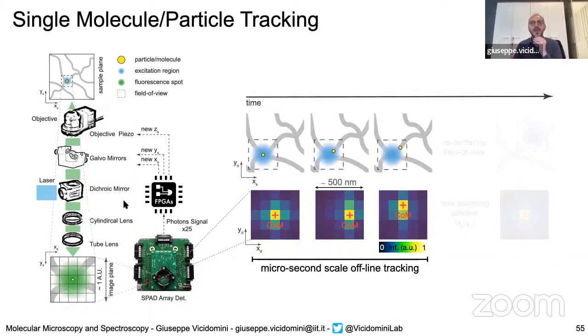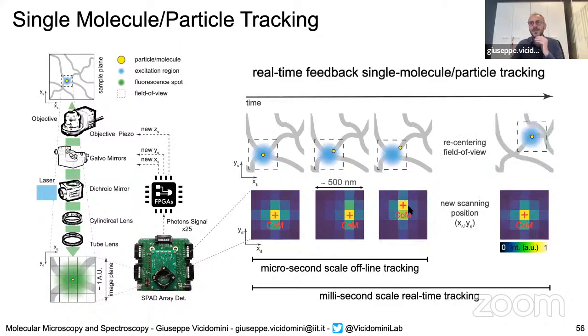So that means that when the molecule is moving out of my probed region, I can use the scanning system, the galvanometer mirror, or the stage, the objective lens or the stage where my sample is, to recenter my probed region around the molecule. So I can implement a real-time feedback system so that when the molecule moves, I can always recenter it into the center